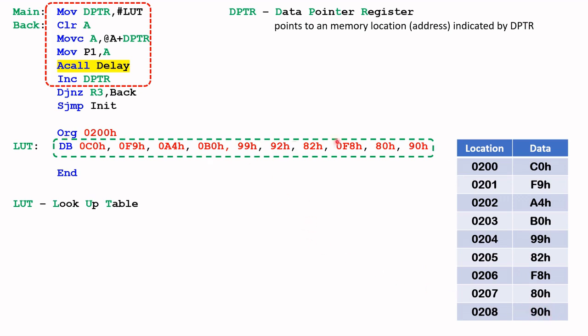And basically these are the codes that we need to display on the 7-segment display. I think it will become clear to you how this code works in a minute. Sorry. So let's go back to this code here. So it says move DPTR, or rather copy the value of LUT, which is the starting address of this one here, and is 0200H. So that value will be copied into this register,